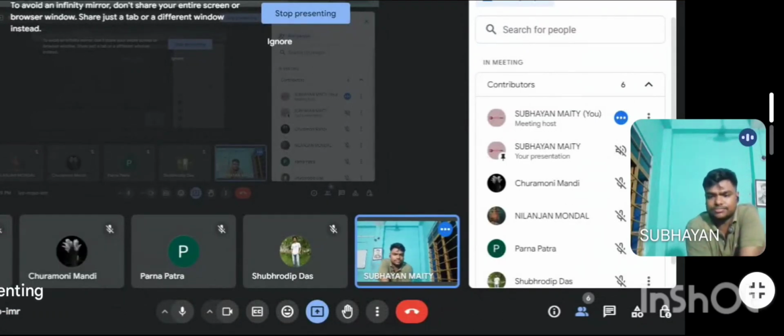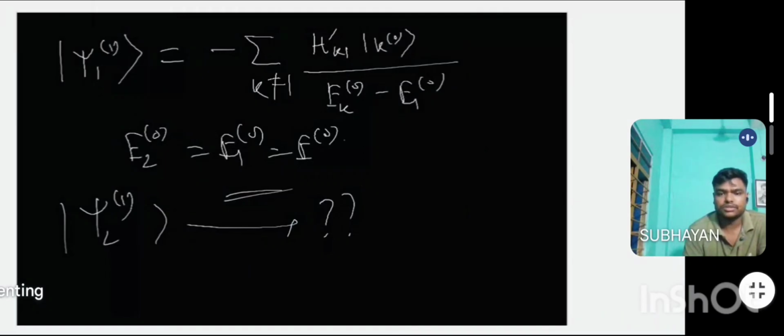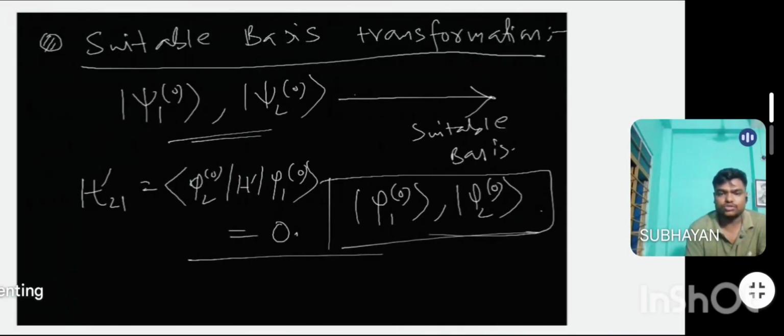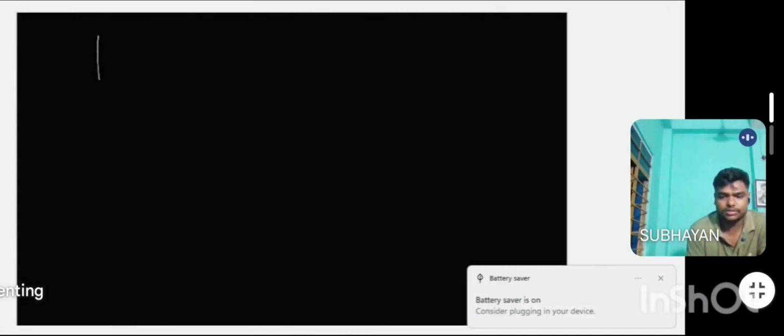Okay, so this is the idea. How can you proceed in the degenerate case? This is the challenge for you. How can you proceed in the degenerate case? Okay, so you have to make the suitable basis transformation. Sorry, it is not the coordinate transformation. It will be the basis transformation. So arbitrarily, I am taking, suppose,